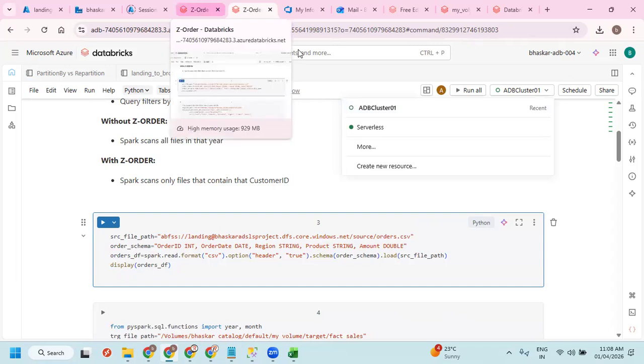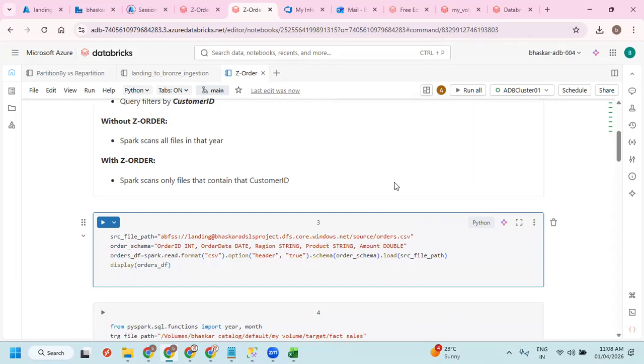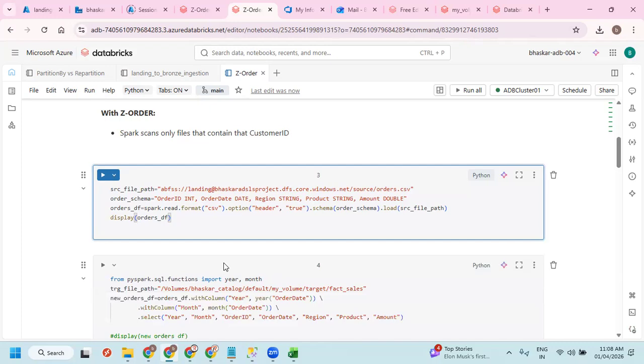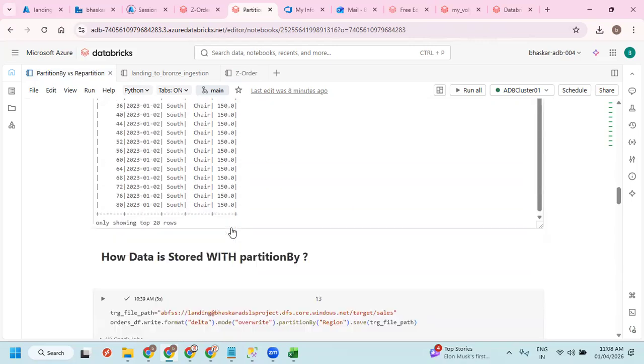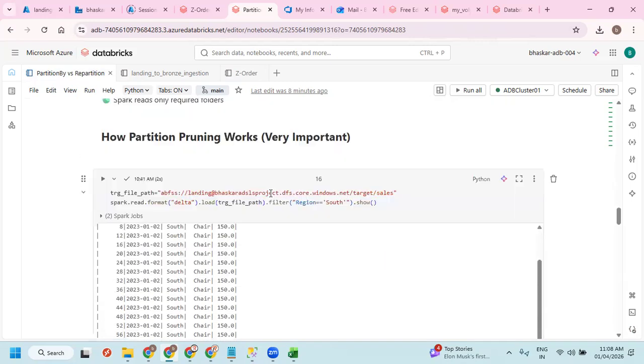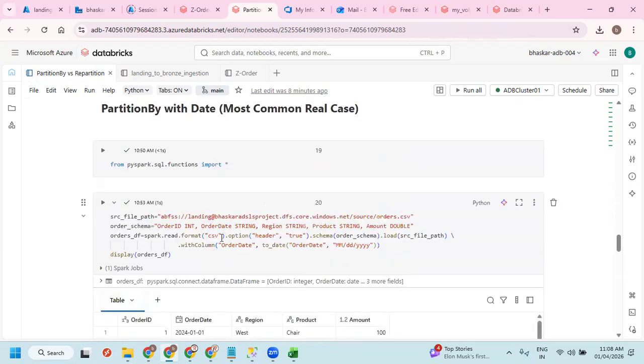Is my cluster stopped? Okay, it is available. So I'm just reading the data from there. But let me take this code and hit this path.